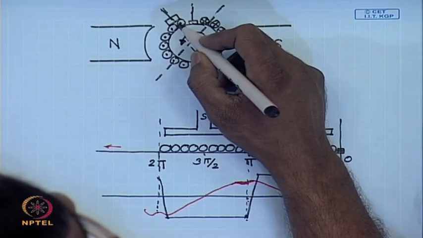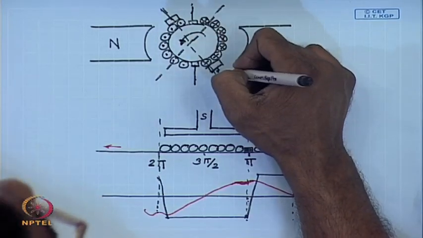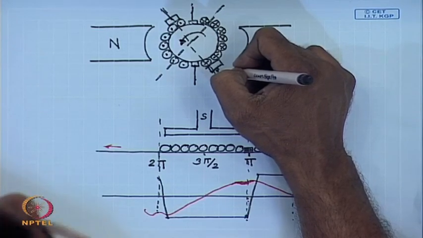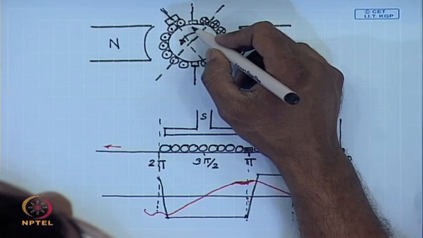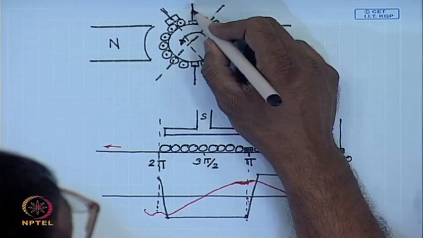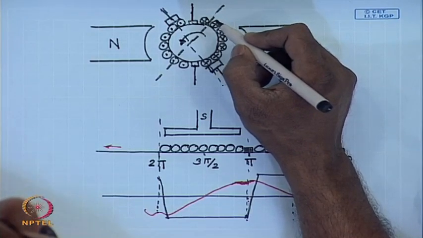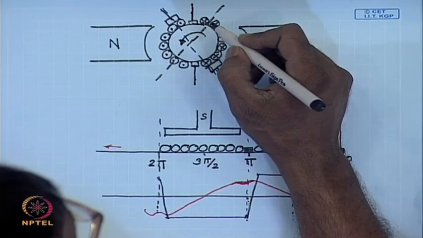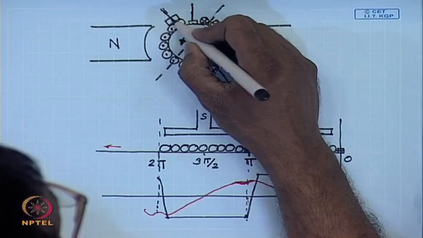So, there will be a voltage induced in the coil undergoing commutation, which will assist or hasten the change in current in the coil undergoing commutation. So, this can mitigate to some extent the problem of under commutation. However, as we have seen earlier, giving a brush lead